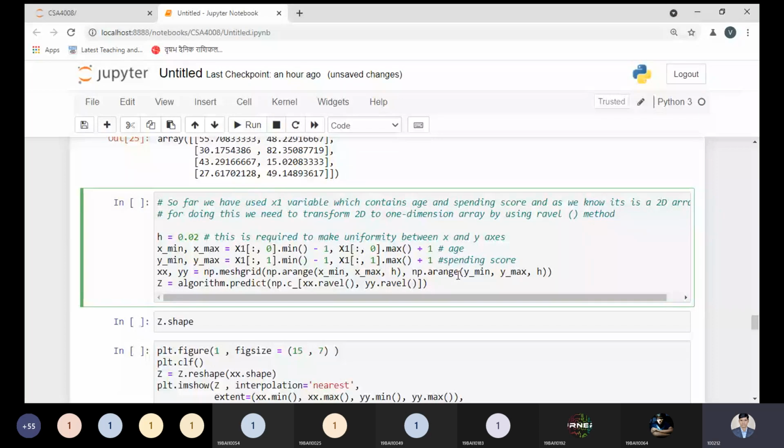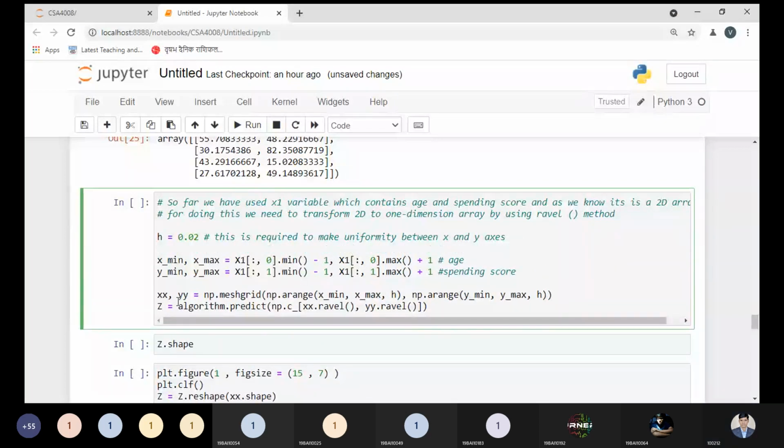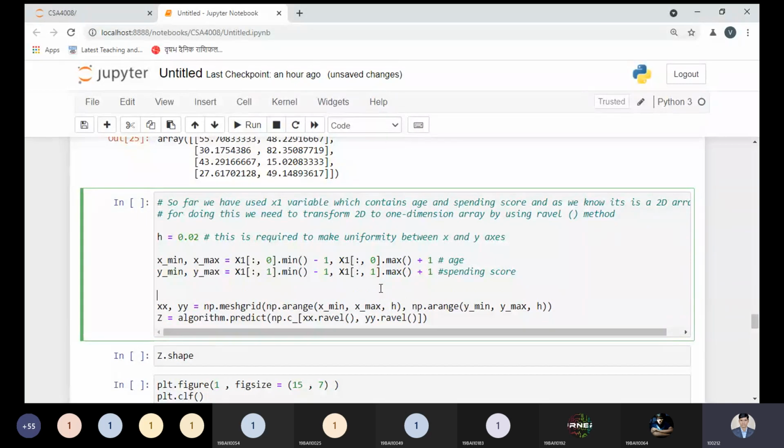Okay, and by using these two parameters, we have the two different variables, x and y, with the help of meshgrid. See, meshgrid is basically, I can write over here, then you can understand.